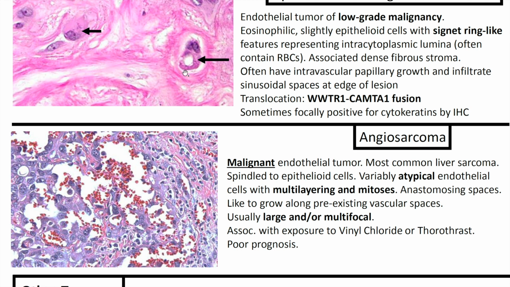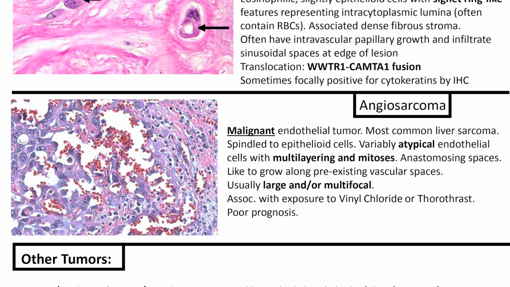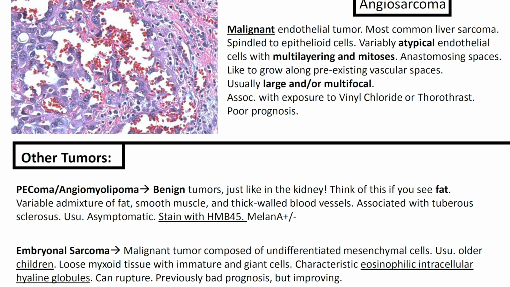So the translocation for epithelioid hemangioendothelioma is WWTR1-CAMTA1 fusion. And sometimes these can be focally positive for cytokeratins by IHC. But I've definitely seen this come up on tests, so something to definitely be aware of. Angiosarcoma is next up. So we've got a malignant endothelial tumor, and it's the most common liver sarcoma with spindled